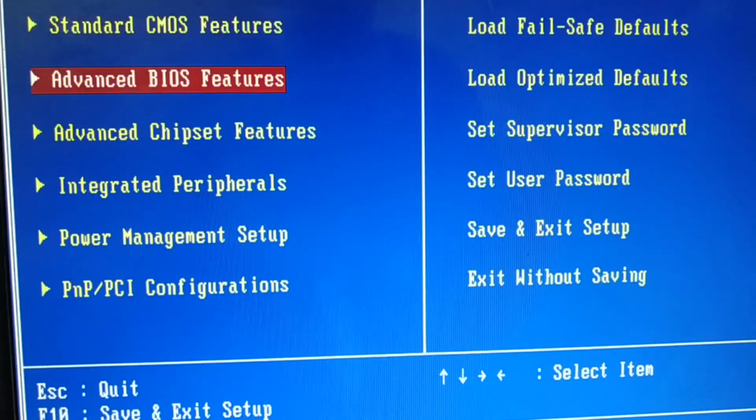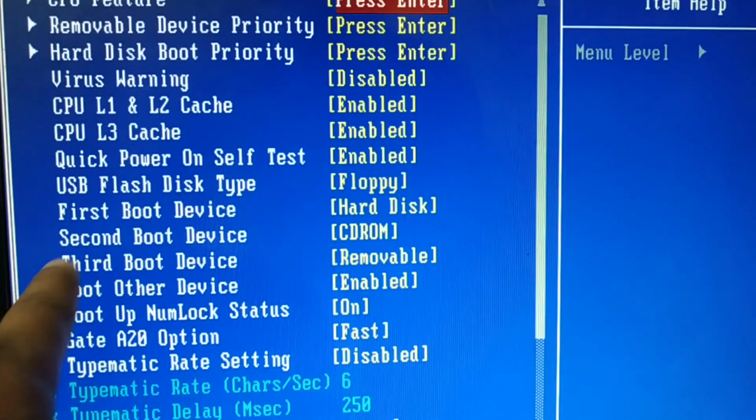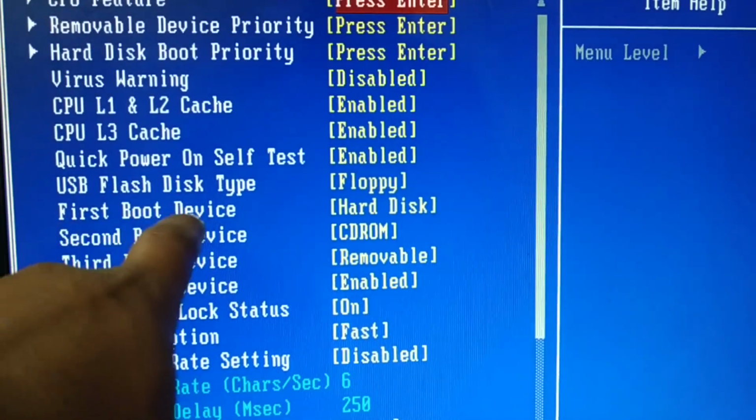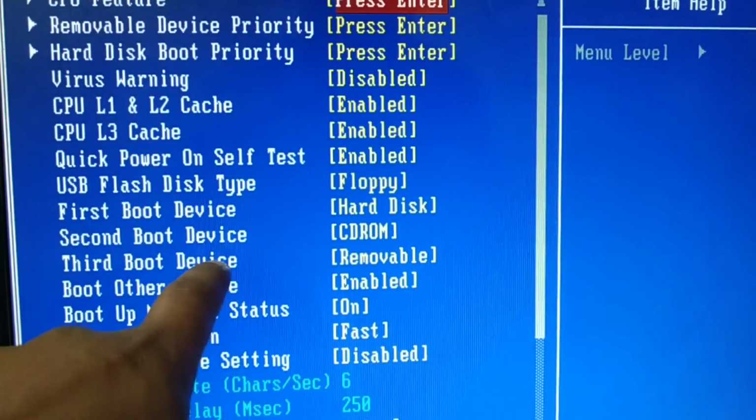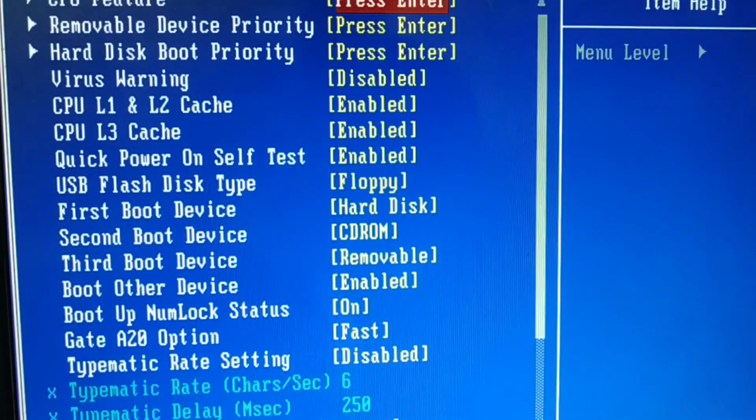So go back. You can check the second one. Okay, you can see here's the boot order. I can change the boot order: first boot device, second boot device. Different BIOS has different settings, so you can check different options where you have a boot order. Some will be arranged in a different way, so you can check a different tab where you have